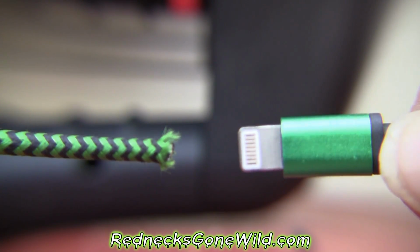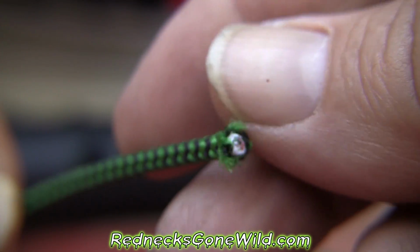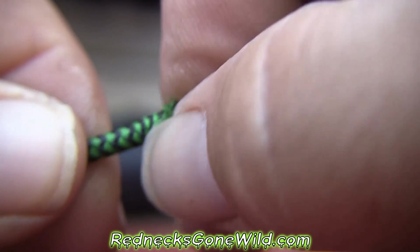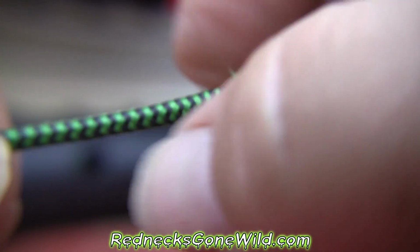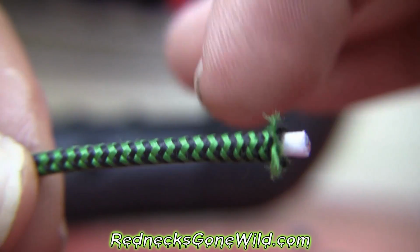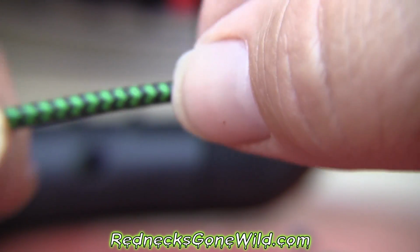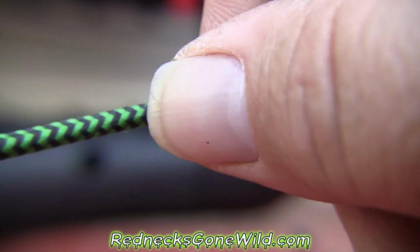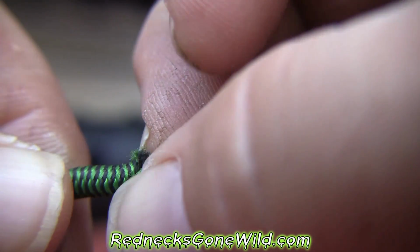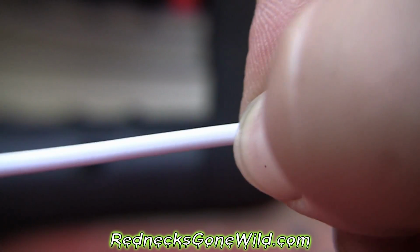Okay, we've got 2 pieces now. This is a braided cord, so I need to get that braid pulled back away from the rest of my insulation. And the way I'm going to do that, I'm just going to cut it up here, and I'm going to get it back away from my insulation. I have already went ahead and put a piece of shrink tubing over here and pulled it down out of the way, so it's not in my way of working. So right now what I need to do is get this braid back out of the way